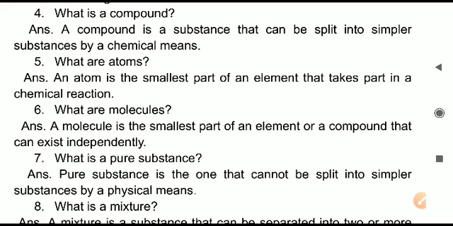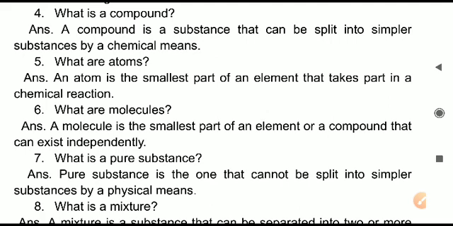What are molecules? The answer will read, a molecule is the smallest part of an element or a compound that can exist independently. In this case, independently means it is not bonded with anything else. A molecule can live free on its own. Atoms cannot live free, they cannot live independent. Different atoms join together to make molecules. So a molecule is just a group of atoms only. So both the definitions you have to be clear. It should be clear now.